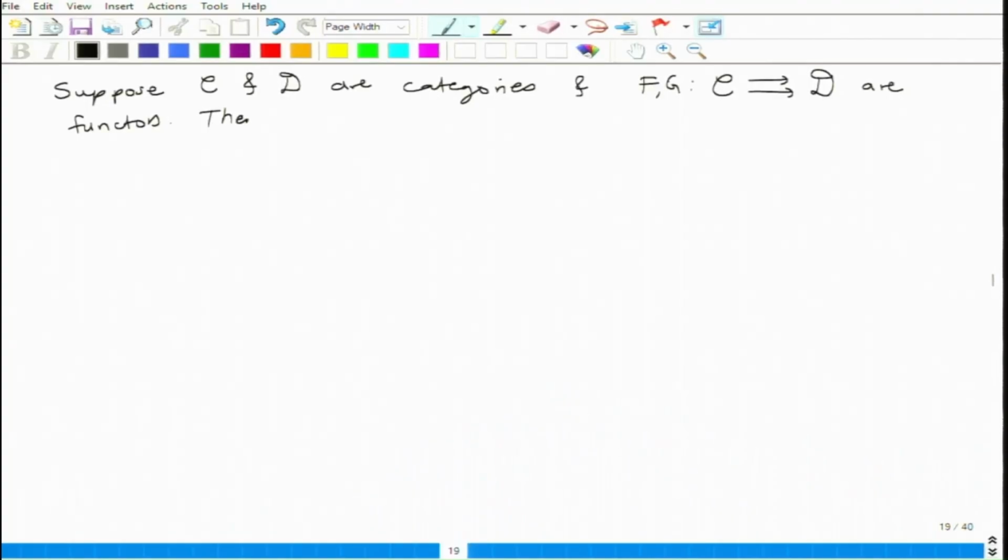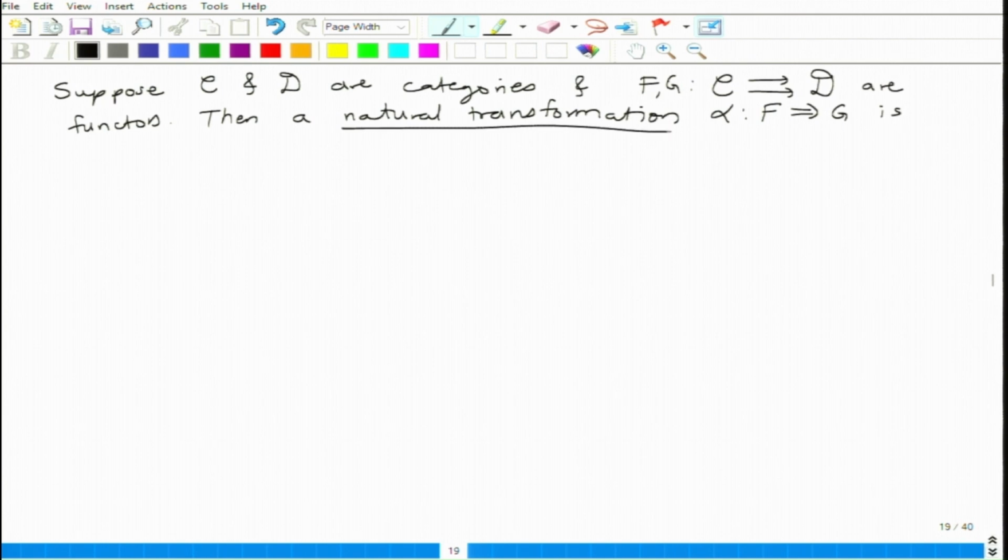Then a natural transformation alpha from F to G is given by